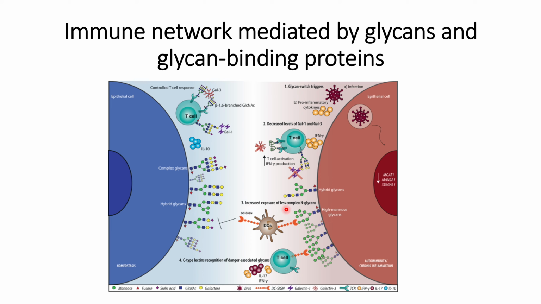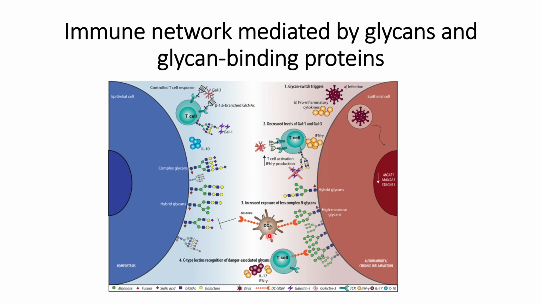the increased exposure of less complex glycan. So usually these hybrid glycans are found within the mammalian cells. However, when there is a change in the glycomics profile and high mannose glycans are found on the cell surface, that will trigger an immune response. In other terms, these dendritic cells will detect this high mannose glycan structure, and these